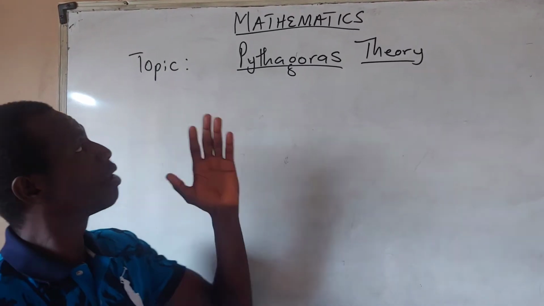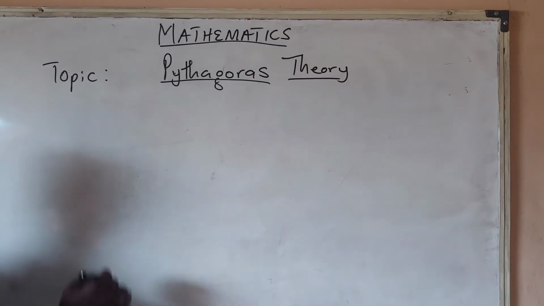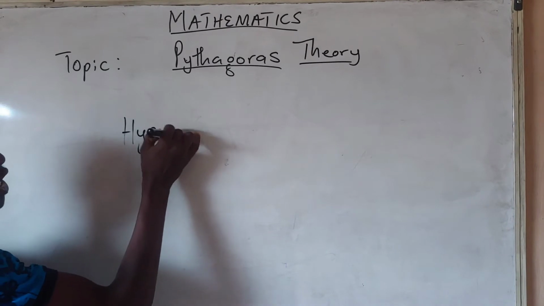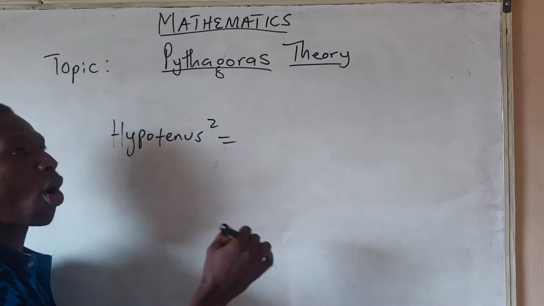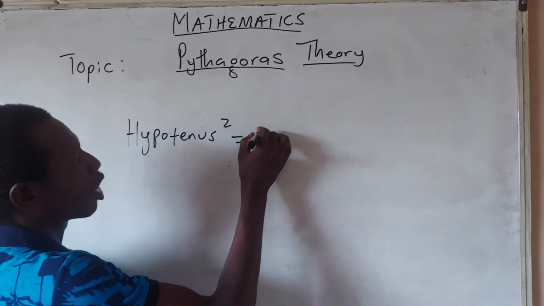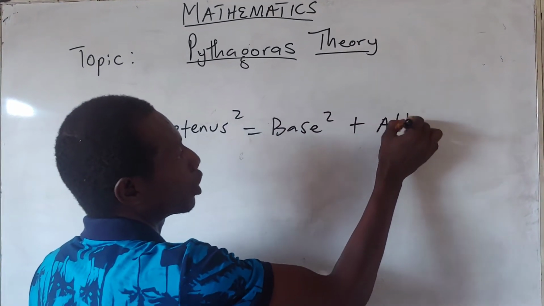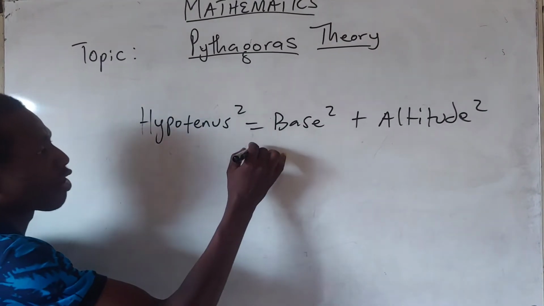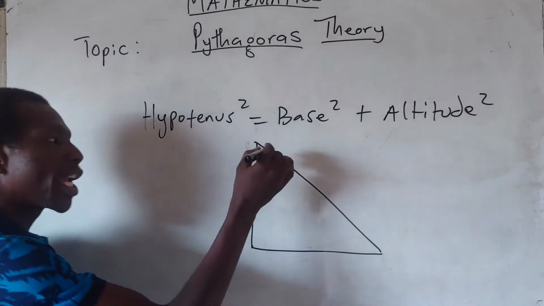We are going to be doing mathematics, Pythagoras theory to be specific. Pythagoras theory states that hypotenuse square equal to the sum of the square of both sides of a triangle. Let us call it base square plus altitude square. That is to say, if you have a right angled triangle like this, the longest side will always